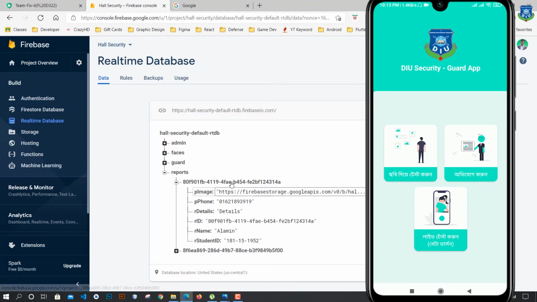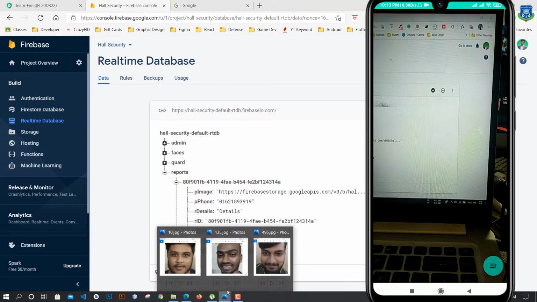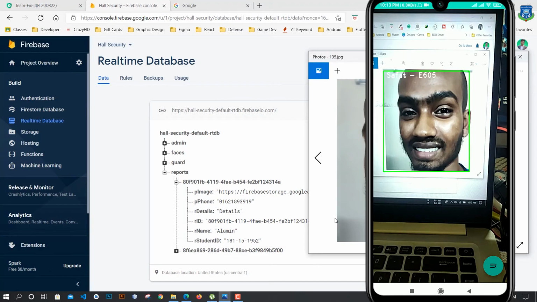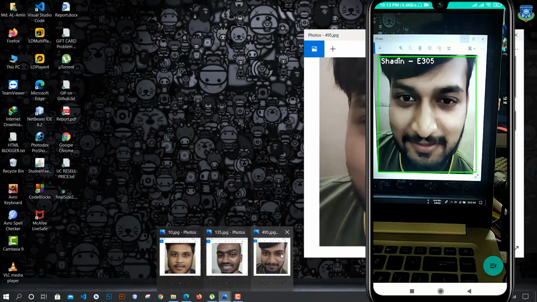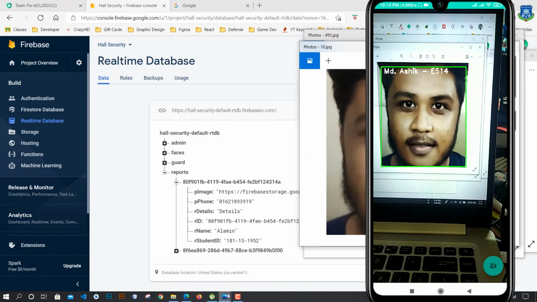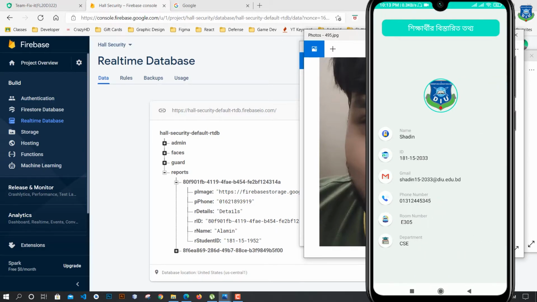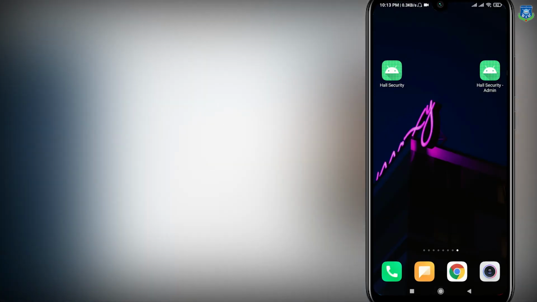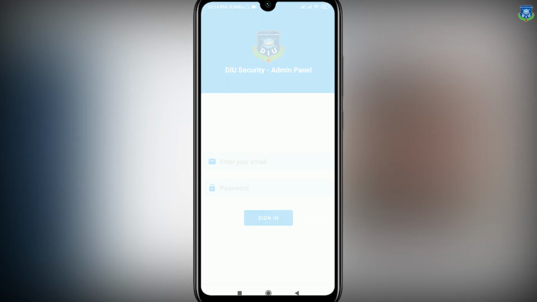Here you can see that this is our database that we right now updated. Okay, and here also is our live test for beta version. If we open this, it will open our camera, and if we want to check any image, like I am checking this image, it will automatically recognize the face by using our face recognition technology that we use in the background. You can see this, and here also it can detect Ashik. And also if we click the lower button, we can see the details information about this user. Okay, that's it.